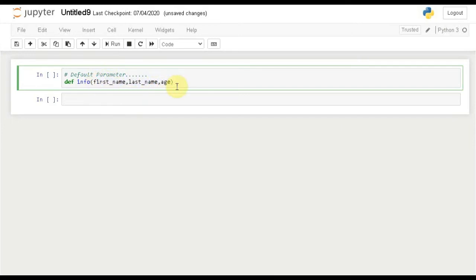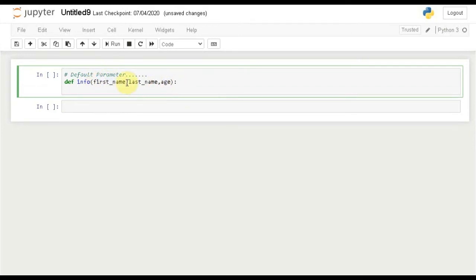So to have some default value for the case that if the user did not give any of their information, we can give the default value of these arguments. So the default value is None here for the first name and the last name and for the age. So these None values are the default parameters, and then